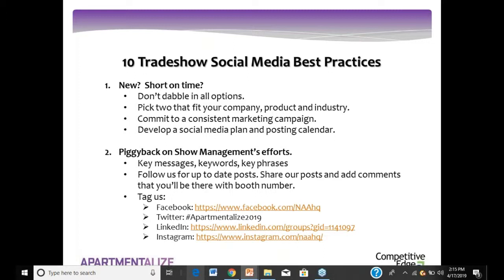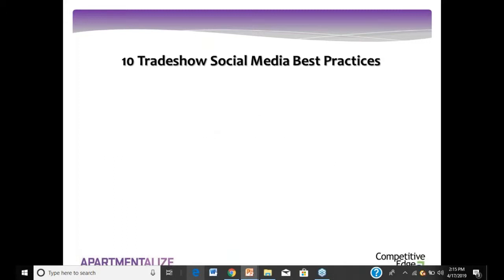You'll see here the different URLs and the hashtags. The Twitter hashtag is #ApartmentalizeD2019. So be sure to capture these. They're in your workbook, and they're also on the screen here. Capture those and be sure to use them. Next,